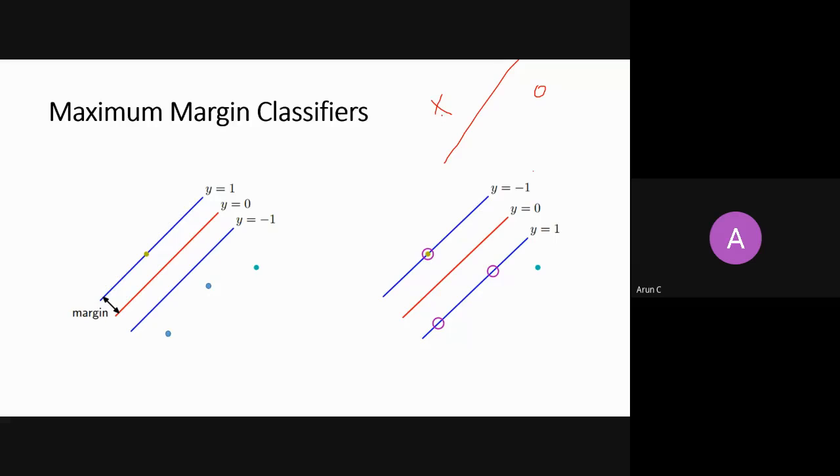But if you see the perpendicular distance of this x from this hyperplane, it is this, right? Even if somebody comes and says that I have another hyperplane, which is this, the perpendicular distance of this class from this hyperplane is very small. So what do you think? This is hyperplane 1, right? And this is hyperplane 2. Which hyperplane is better, 1 or 2?